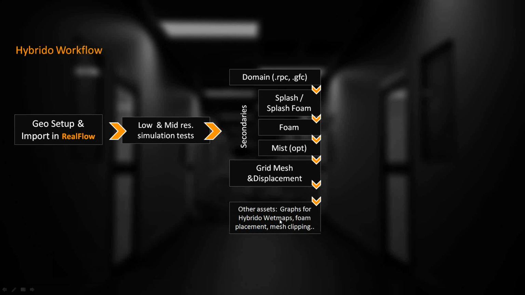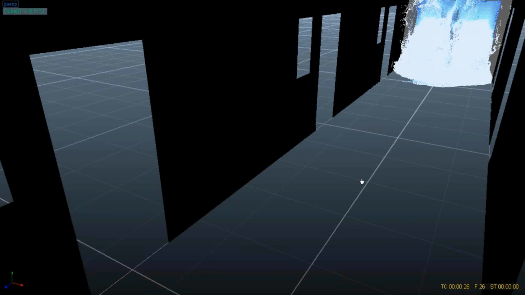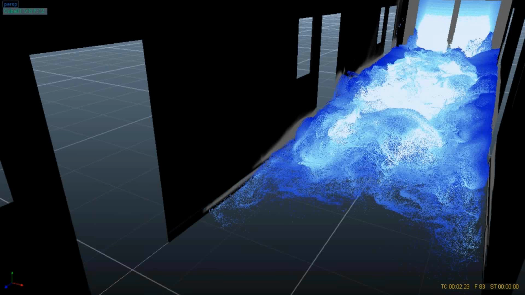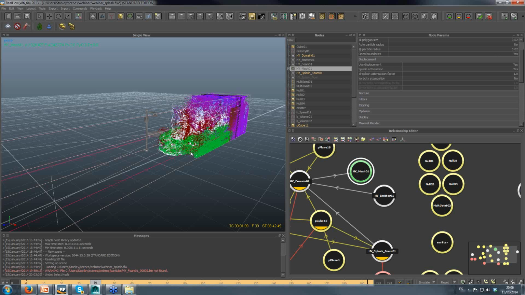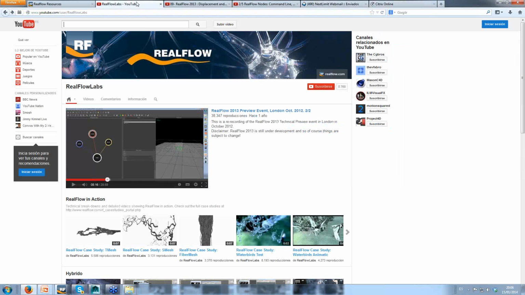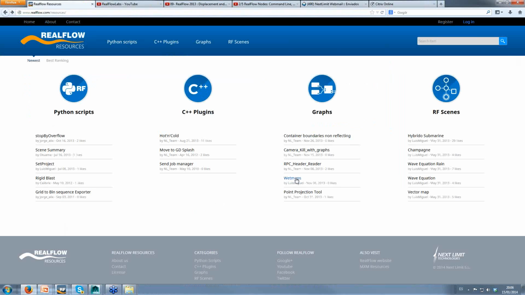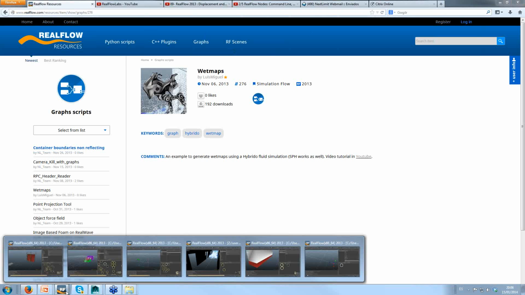Other assets: graphs for Hybrido wet maps, foam placement, mesh clipping, etc. For instance, with the powerful graphs that you can find in RealFlow, you can generate wet maps for this area here. Bear in mind that in our resources area, you have the ability to download the wet map script here. It's not a script, actually, it's a graph. If you want to take a very, very quick look at the graph,